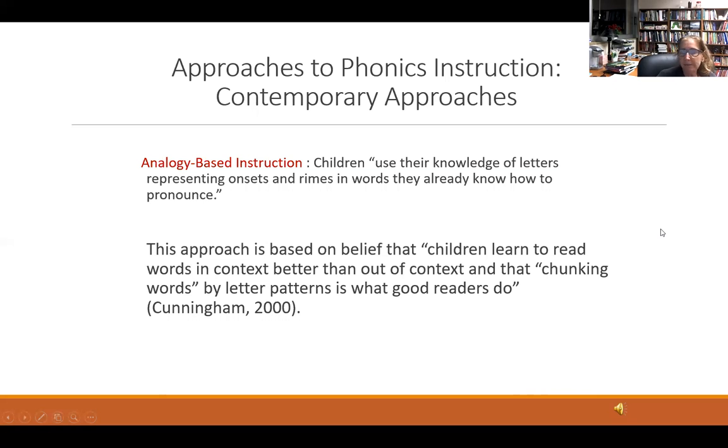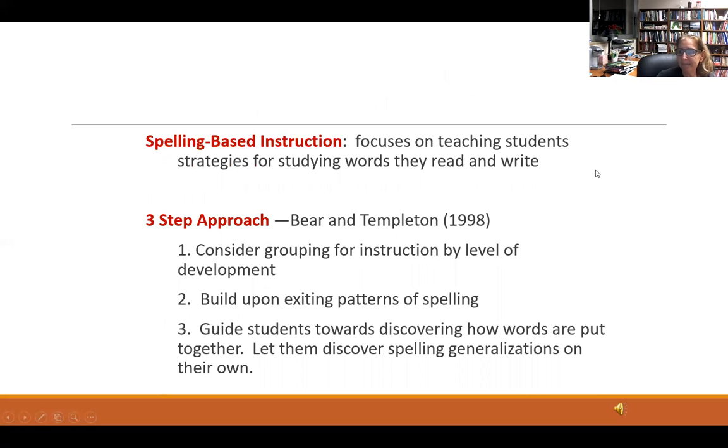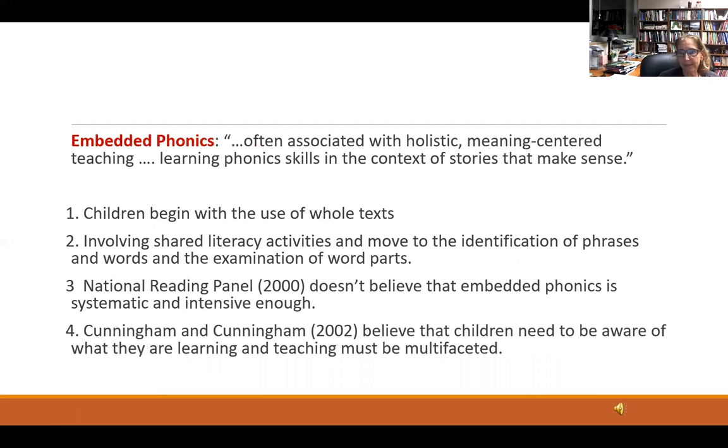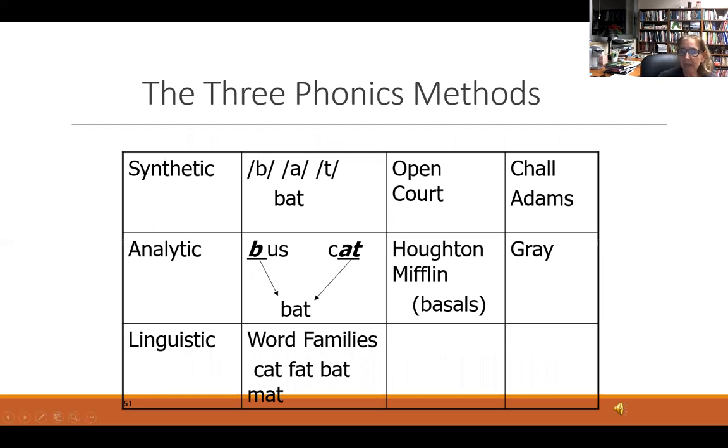So I have a lot of respect for Patricia Cunningham. So it's in there. Then we have the spelling-based approach. I'm not going to let you even do anything with that because I make my students throw out spelling in the classroom and work with orthographic patterns, which they learn hundreds more words and they meet those words more often and it makes more sense. And of course, embedded phonics, once again, you're dealing with whole text. So here I've just made a chart of the most common ones that